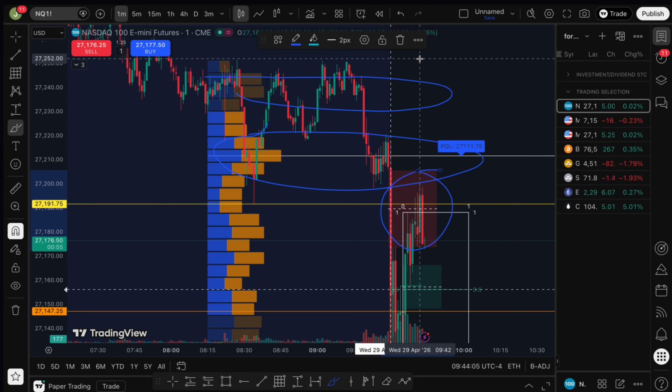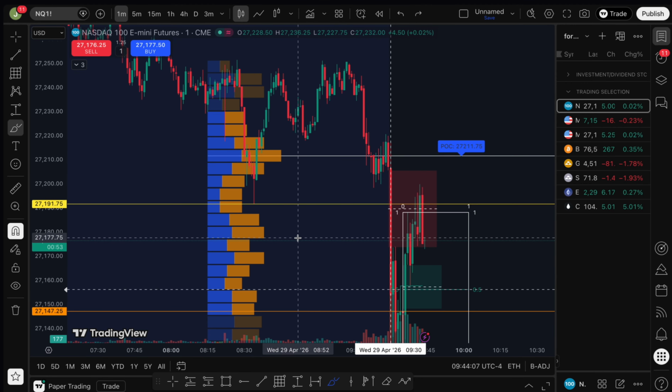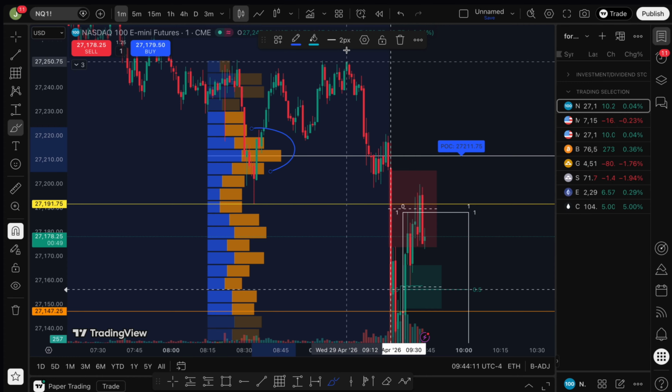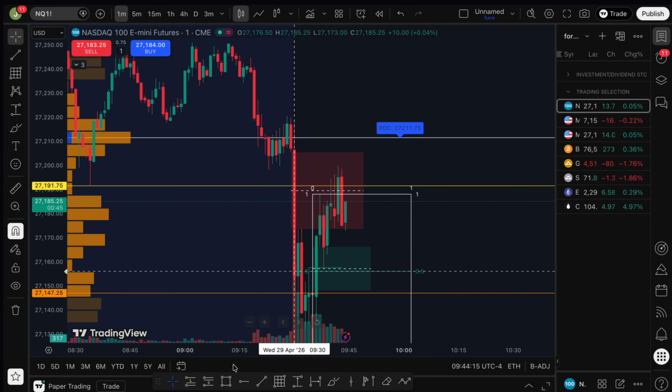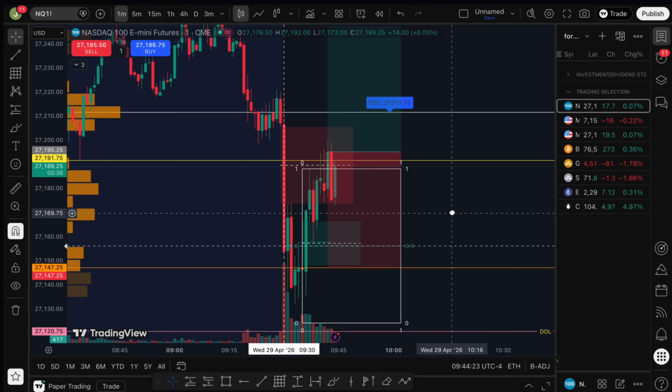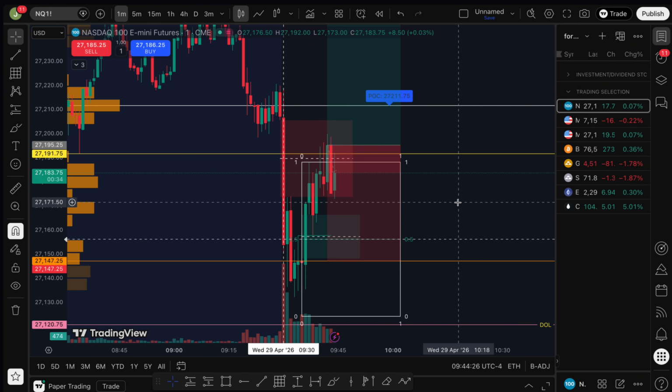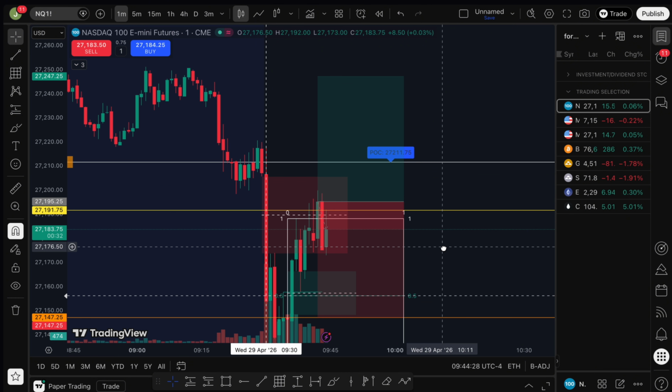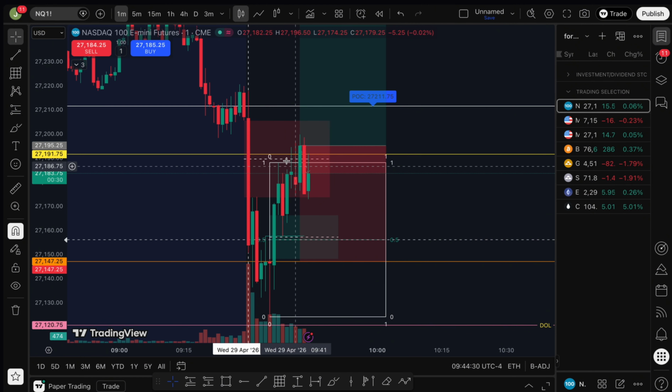We are in this fair value gap as of right now too. Most volume is over here. But yeah, looks like it. So let's just say if I did take the trade, let's just say right here, I was looking for only one micro. Since it's FOMC, I will look for only one micro. So let's just say I entered on that.